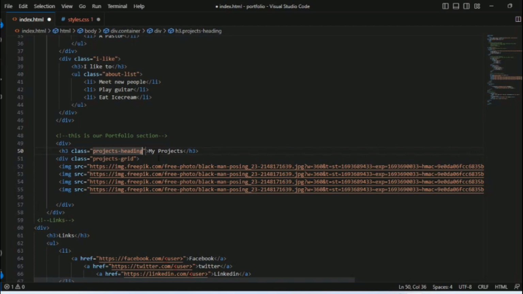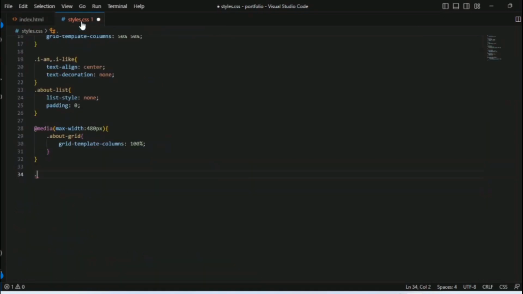Okay, so our project heading should also be worked on. So let's Control S it. Okay, and so we have saved it. Now let's go to our styles and target our